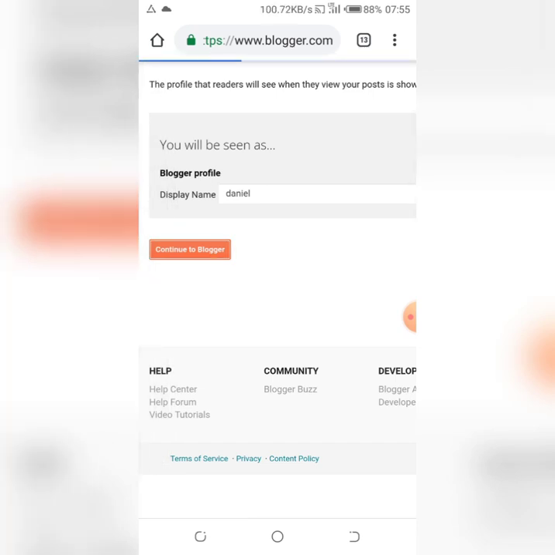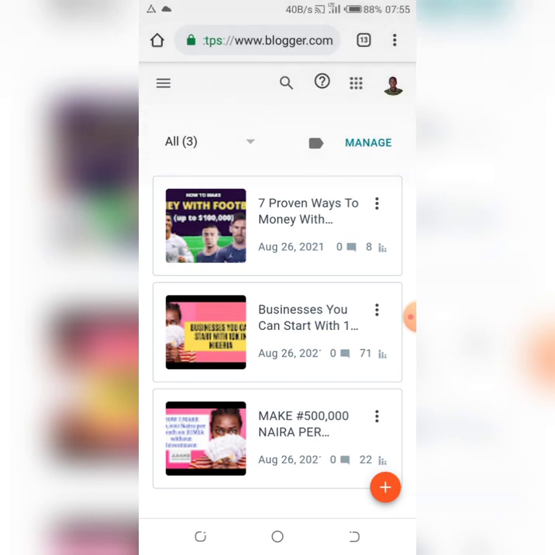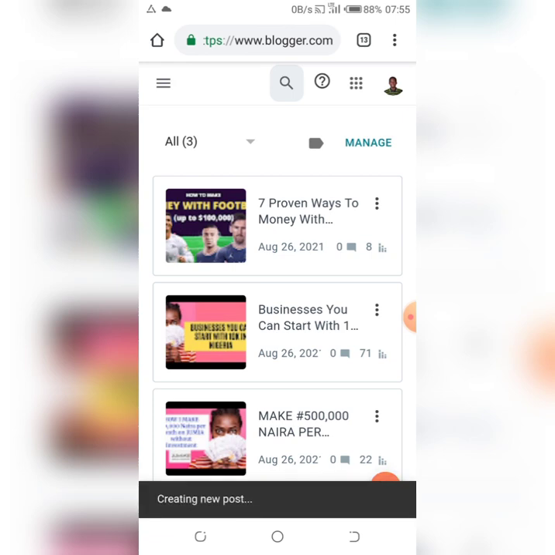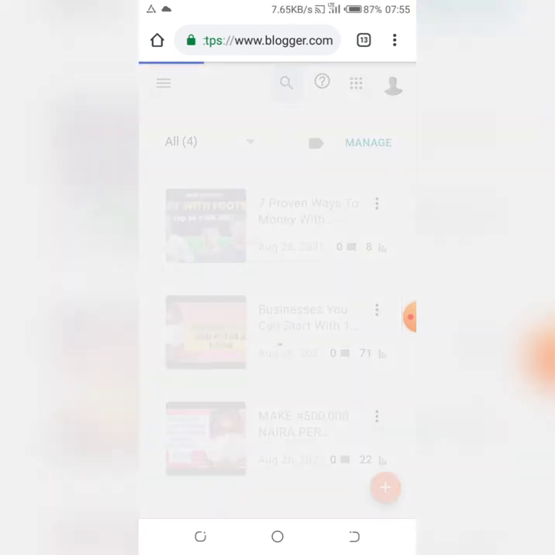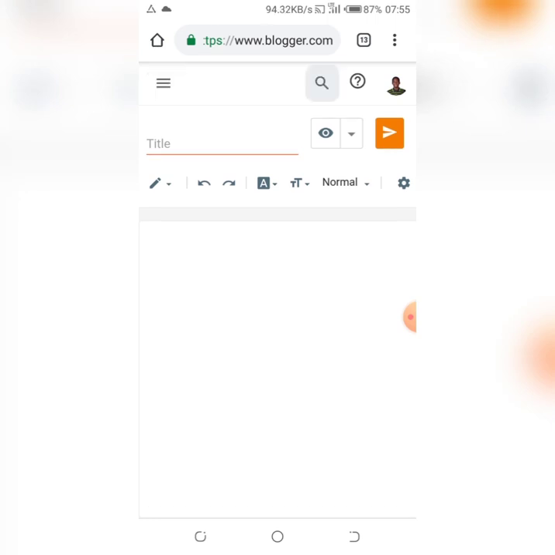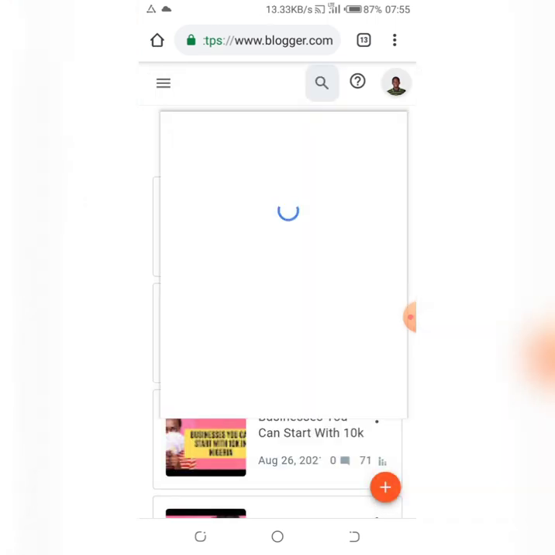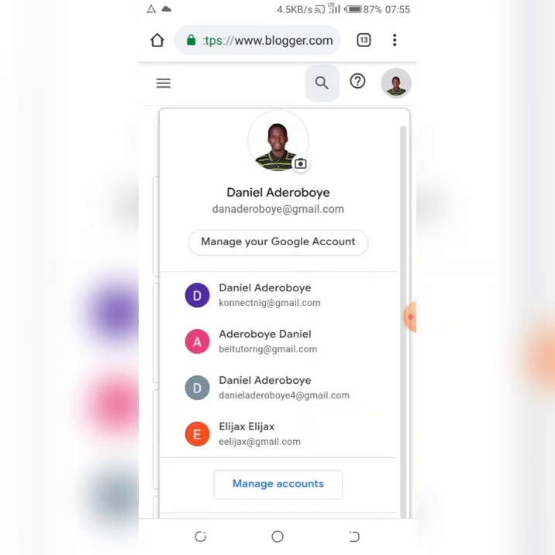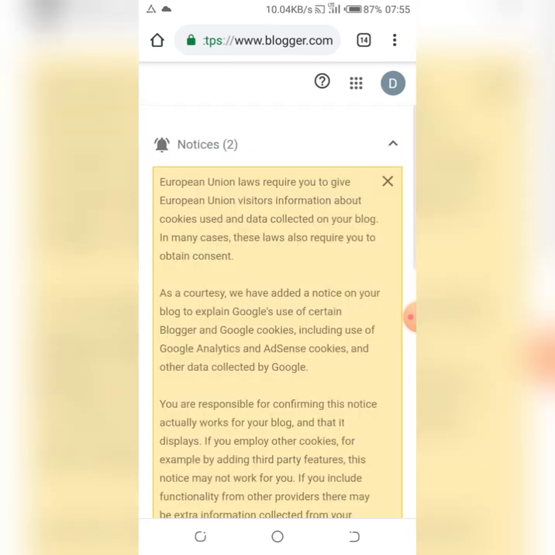When you click on continue to Blogger, it's just going to take you straight into your own Blogger account. I actually have a Blogger account, but I don't want to go into this. When I click on this plus, it's telling me to create a new post, but I'm not going to create a new post. Let me just sign out from this present account and show you how things are done. So let me sign into an account that I've not created a Blogger post in before. Now I'm signing into a new account. Remember that I just signed out of my former account. So when you create a Google Mail and you click on Blogger and you sign in on Blogger, it's going to take you